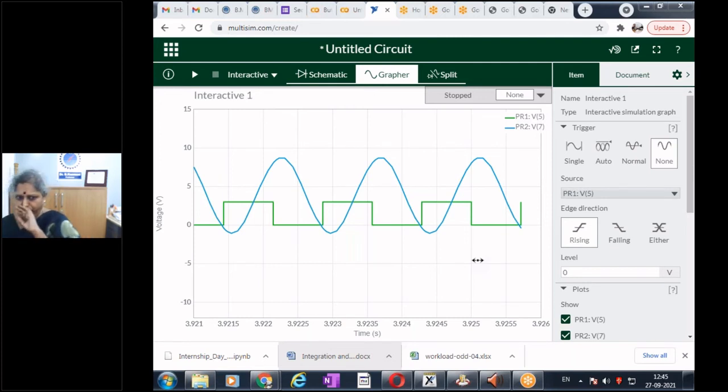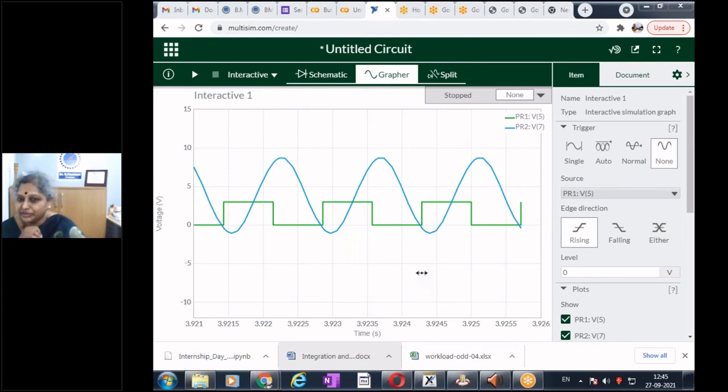We gave the input as one square wave, and I'm getting the same. If I look at the period, I have around 3 divisions of my input in one cycle. The sine wave also has around 3 divisions. So the output is a sine wave of the same frequency. Do you follow?